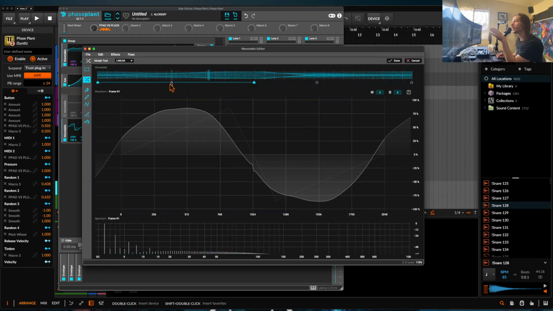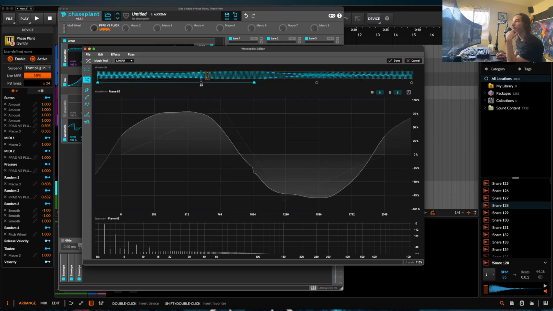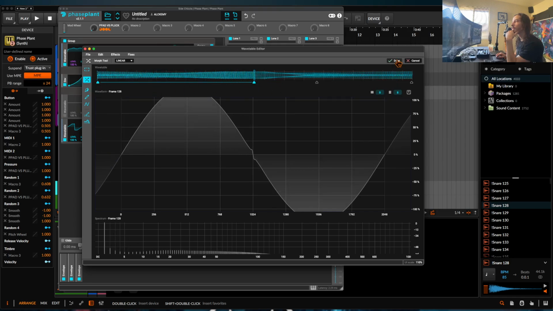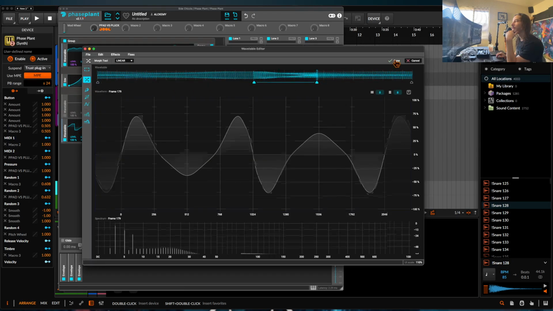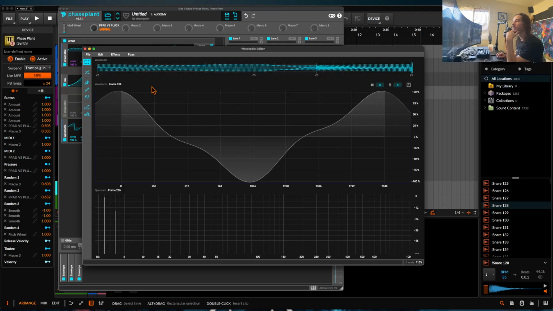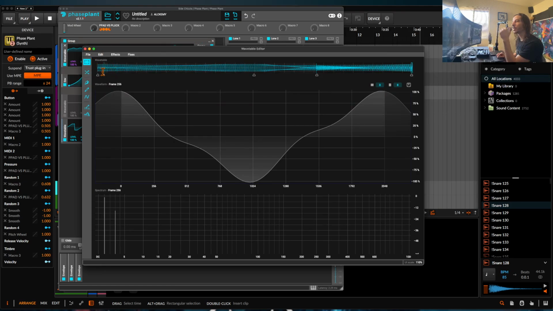And one thing with morphing these wavetables is if you have multiple stages and you're doing this after editing, then you can't just do this because it's not going to morph. Actually, it is. What I would recommend though is from here to here, just morph this piece. So like this, and then go done. Then from here to here, oops, hit that morph button, and now that'll morph. And then when you get to this spot, now morph this. And so that way it's going to have multiple stages of where it's going through,